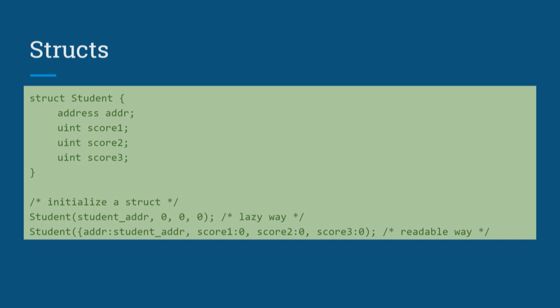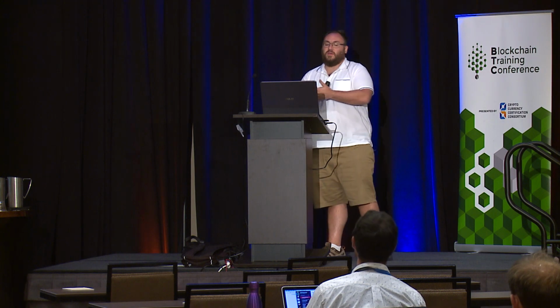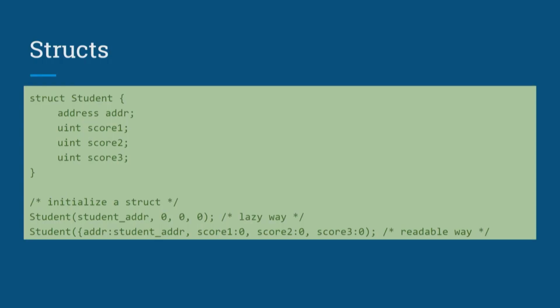Now, how many of you know the difference between a value type and a reference type? Okay, how many of you know what a pointer is? Pointers in C. Okay, good. So a reference type is like a pointer. So everything we looked at so far is a value type. Structs are going to be the first reference type that we're looking at,